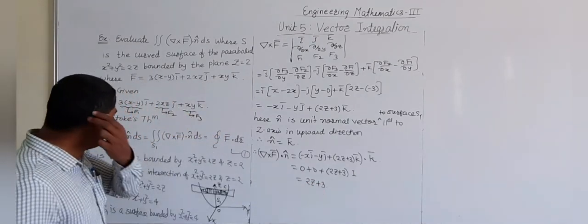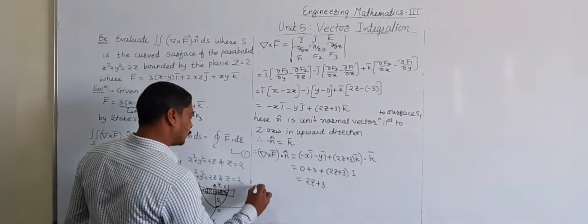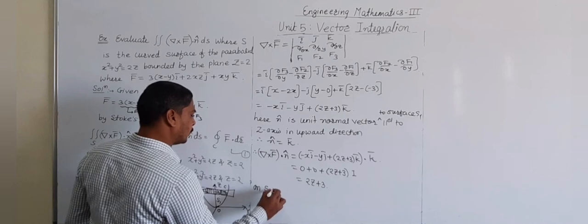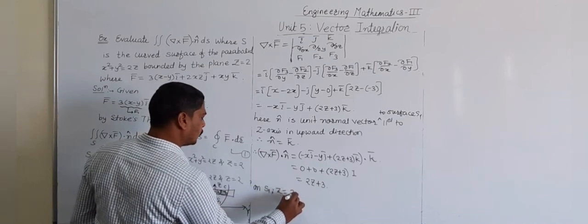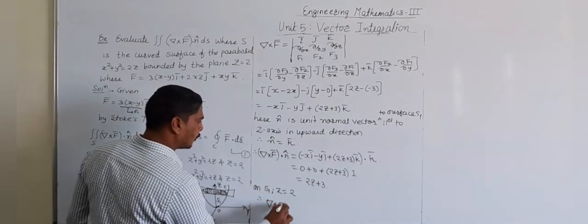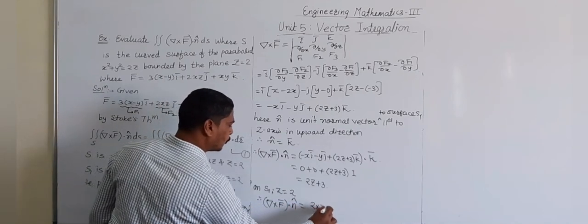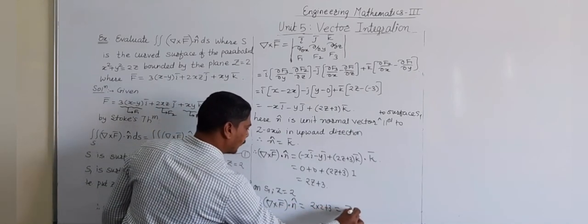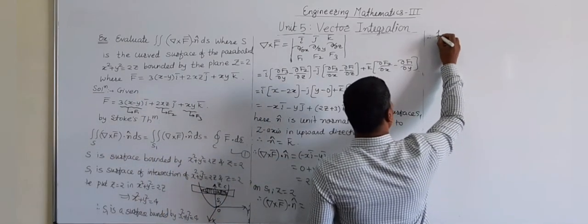Okay. And now on S1, z is equal to 2. And therefore del cross F bar dot n cap is equal to 2 into 2 plus 3, which is equal to 7. Therefore, from equation 1,